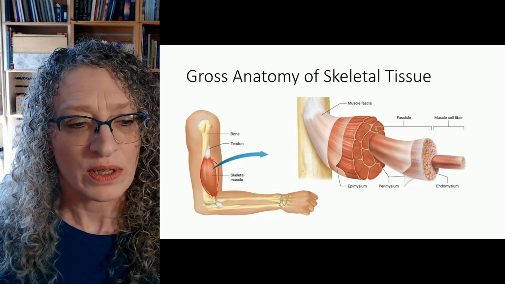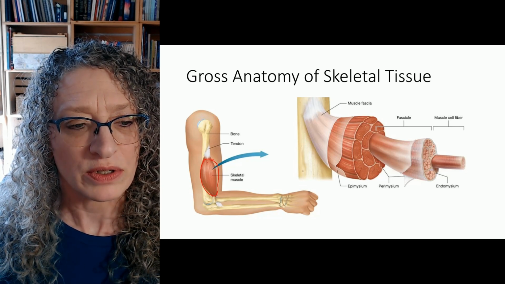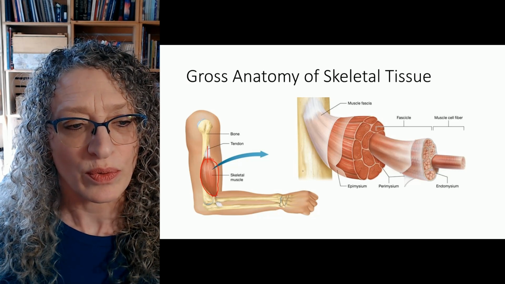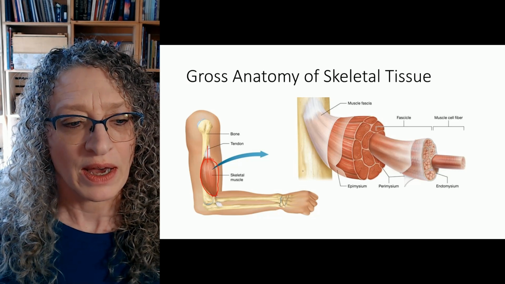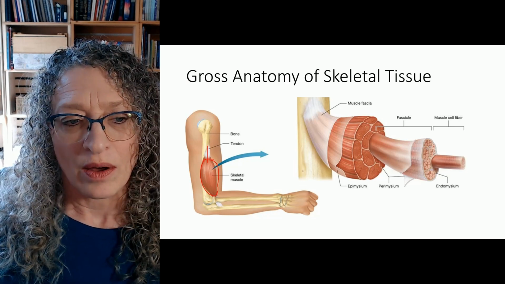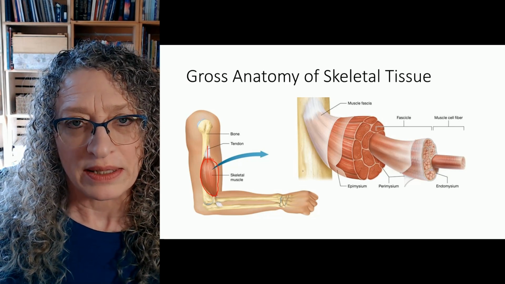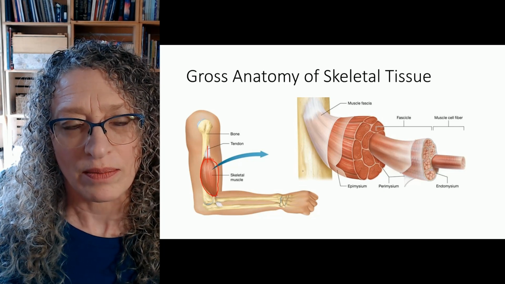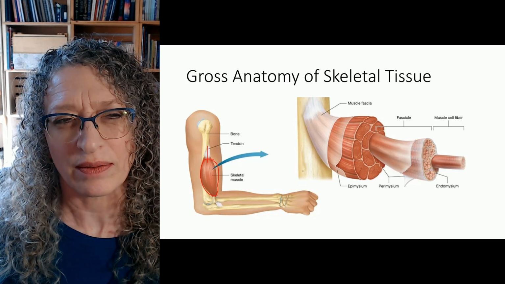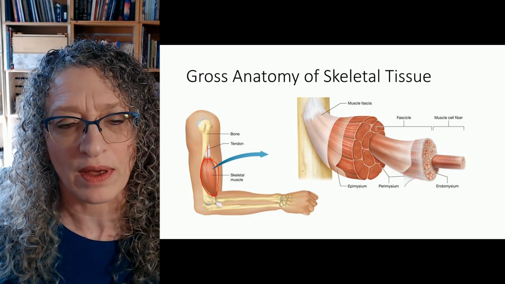And then we can talk about how that muscle tissue is connected to the bone through some kind of a tendon or tendinous junction. We'll be looking more at tendons later. I don't remember which week, but we'll dive in and look a little bit more at tendons